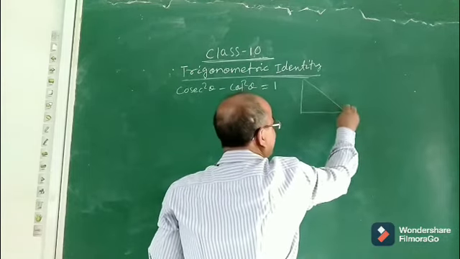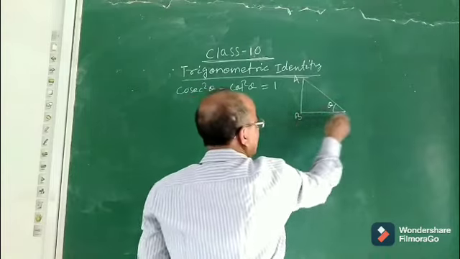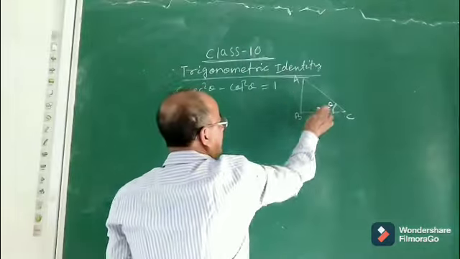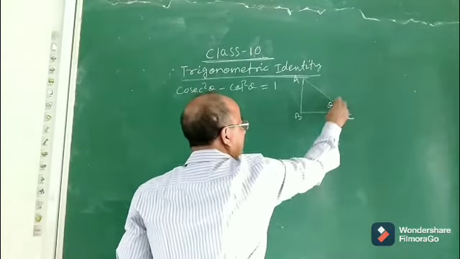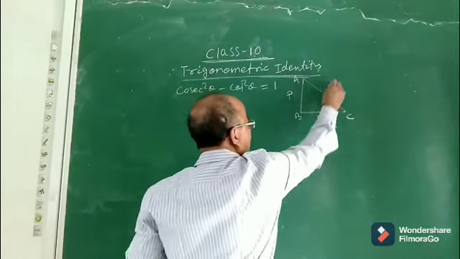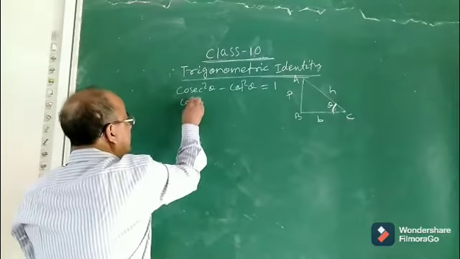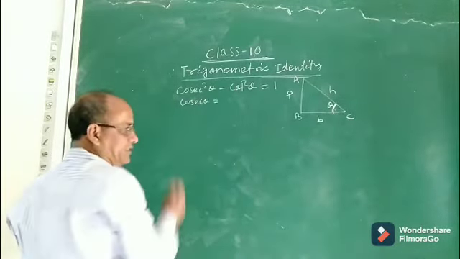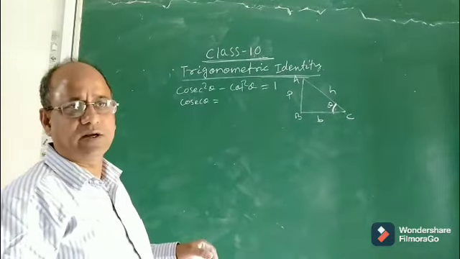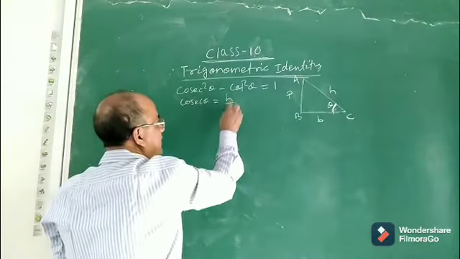Similarly, to verify the truth, you take a right triangle, let this be theta, acute angle. So take what ratio? Cosec ratio of this angle and cot ratio of this angle. As we are finding the trigonometric ratio of this theta angle, that is angle C, this will be perpendicular, this will be base and this will be hypotenuse. Now first you find out cosec theta. You know what is the formula for cosec theta? The cosec ratio of an angle is the ratio of hypotenuse by the perpendicular, that is h by p.